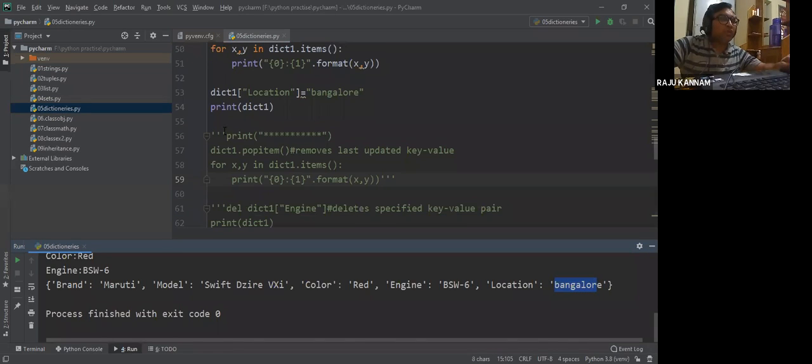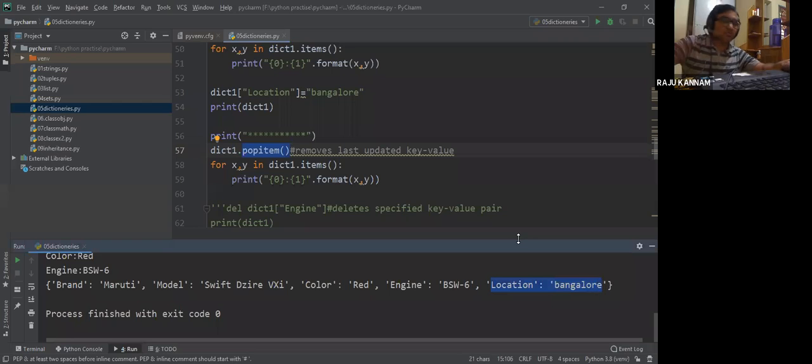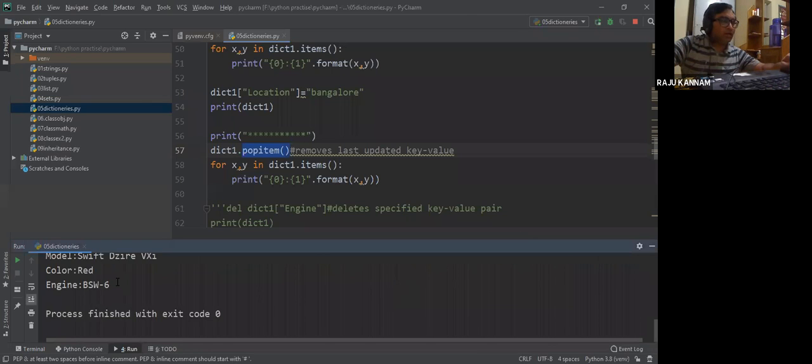Now I will apply the popitem function. Whatever item was lastly added will be removed automatically. Here I have added the last item location, so that will be removed automatically. You can see here now brand Maruti Swift Dzire red BSW. The location was removed.